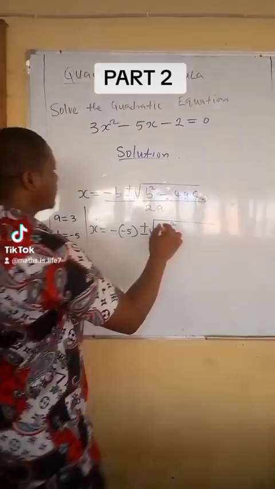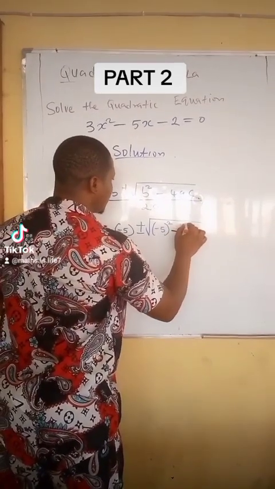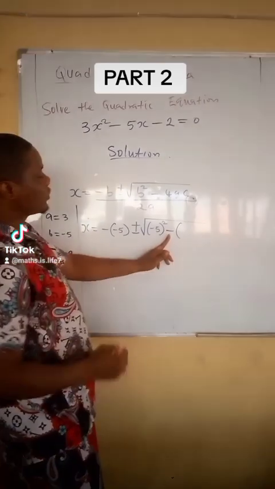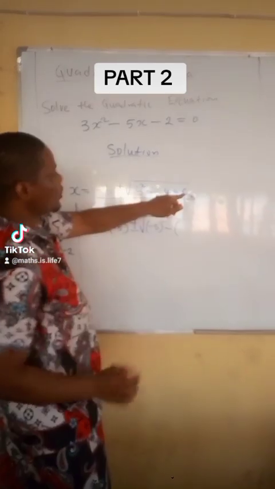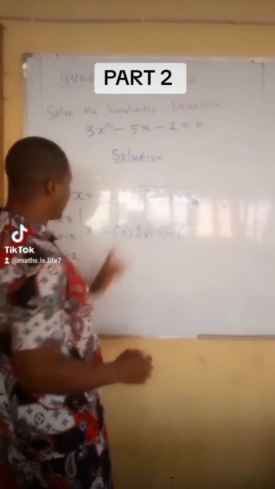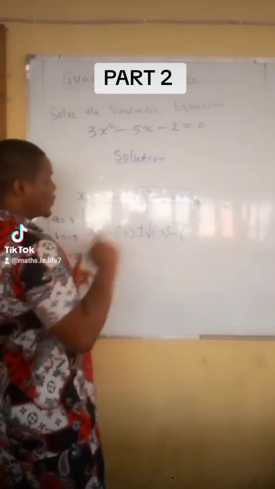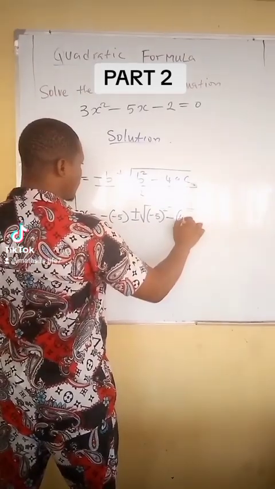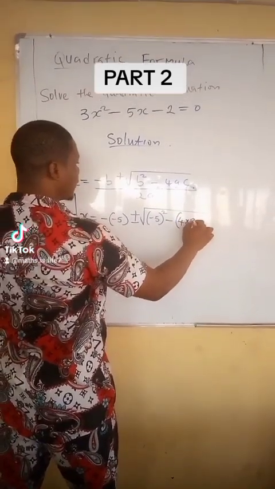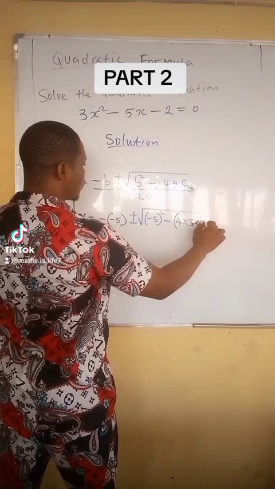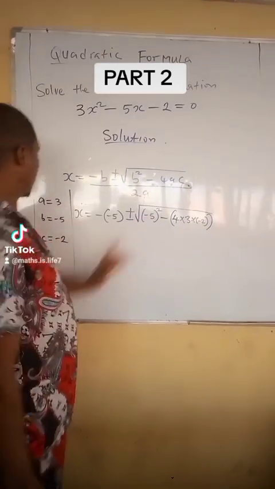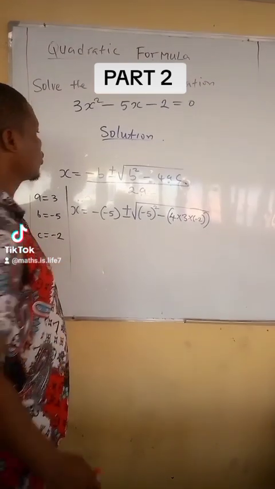Please take note of this point. Each time you are dealing with this, always bring a bracket because of this negative sign. Sometimes the constant c is negative, so that they will not conflict. So here is 4 times a, which is 3, times minus 2, because the c here is minus 2, all over